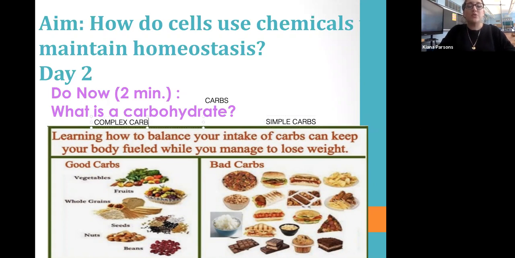And that has to do with the number of bonds within the molecules themselves. So complex carbohydrates have many bonds. These many bonds, within each bond, there's energy stored, and it takes your body a longer time to digest these more complex molecules. So as a result, you have longer, more sustainable energy compared to simple